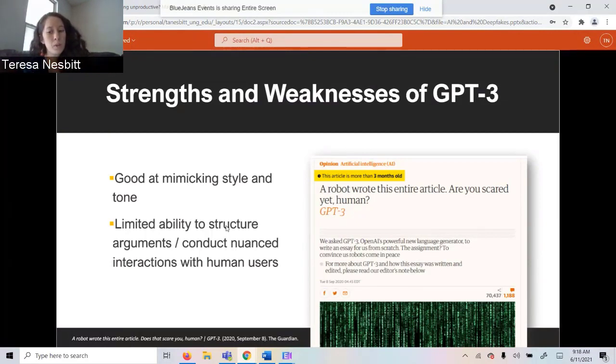And while we saw that brief interaction in that interview with Eric and GPT-3, that it was able to have a fairly good back and forth, it's weaker when it comes to conducting more nuanced interactions with people. Just to illustrate what I mean by that, there was one company that specializes in mental health services that used a beta version of GPT-3 to try to create a bot that could help people who are in a state of crisis, who really needed immediate mental health assistance.